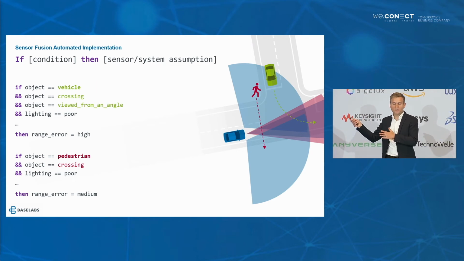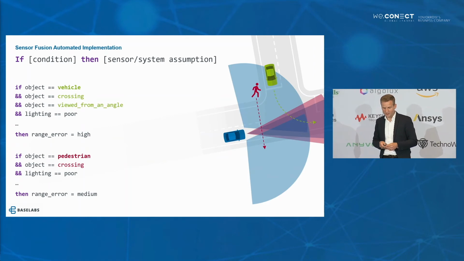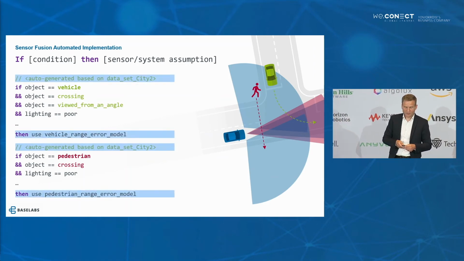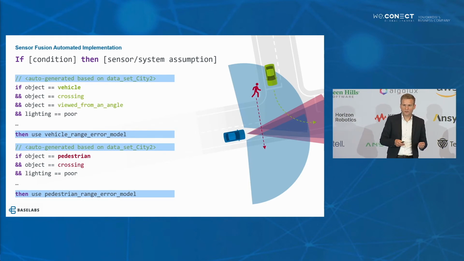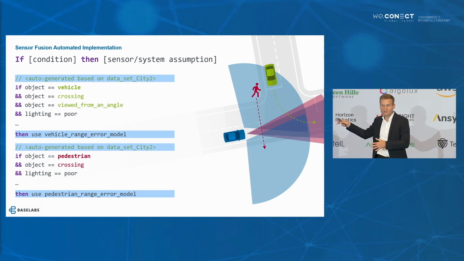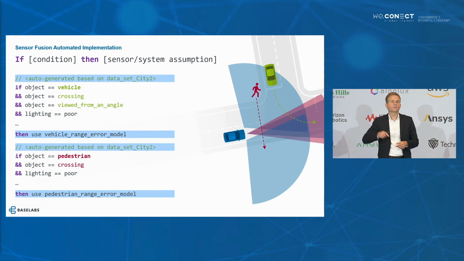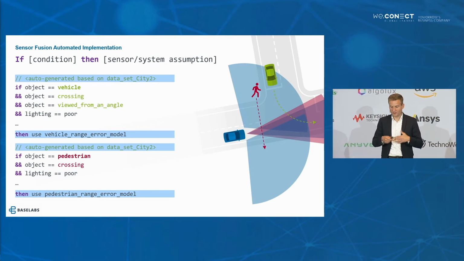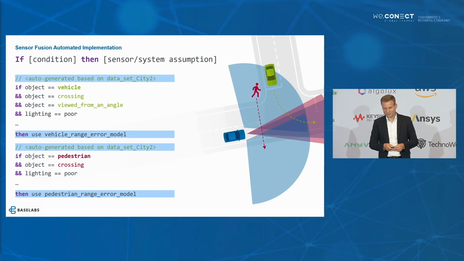This is the previous version that I've shown to you. So this is how the code looks if the developer writes it manually, and it would be very similar if we auto-generate that code. The major difference is that now we can trace that, and for all these conditions, we have a traceable link to the tool or to the data set that produced those conditions and the model.